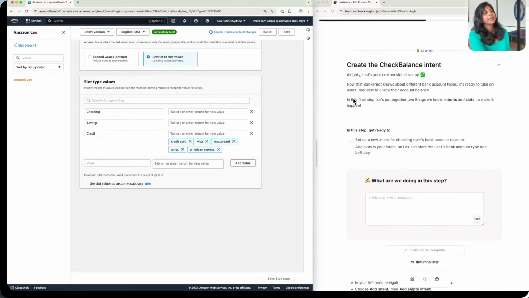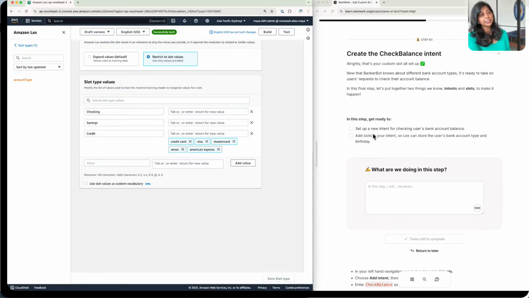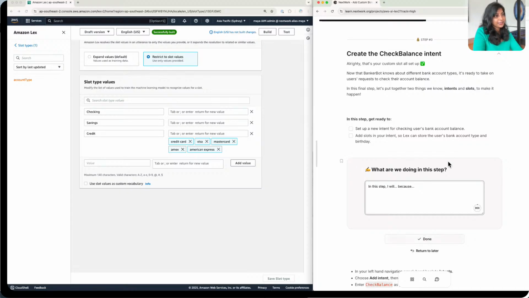All right, so in this step, we are going to set up a new intent for checking users' bank account balance. And then we're also going to add slots to our intent so that Lex can store the user's bank account type and birthday. Okay? All right, so in this step, I will